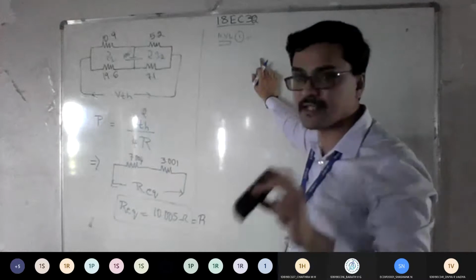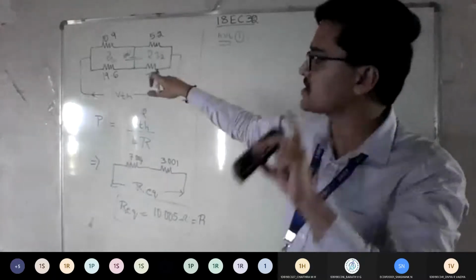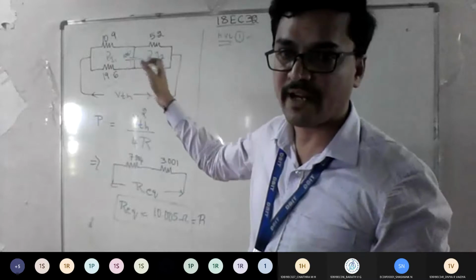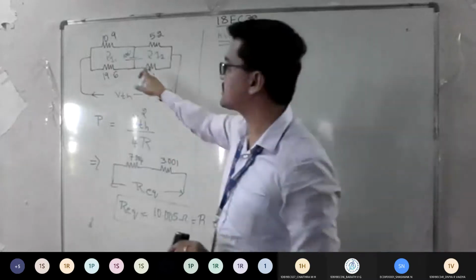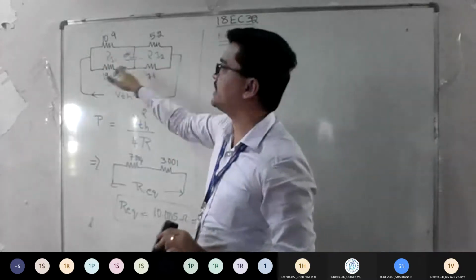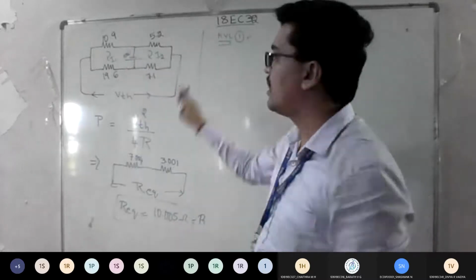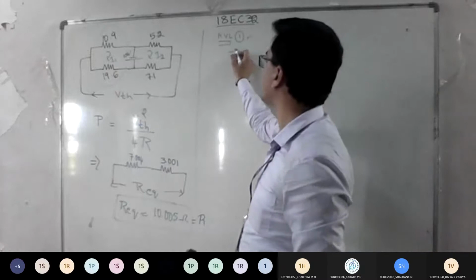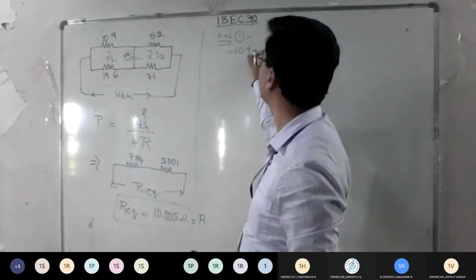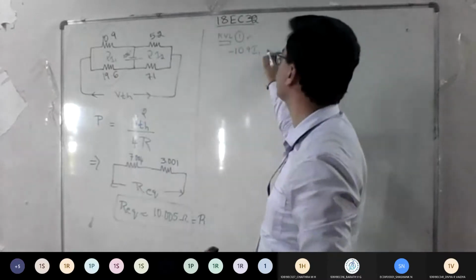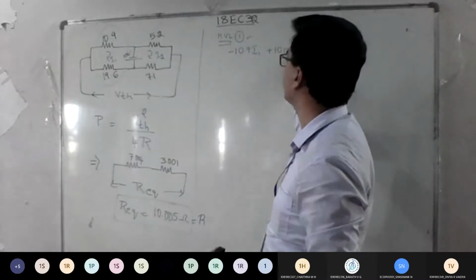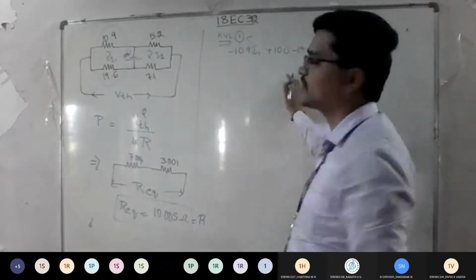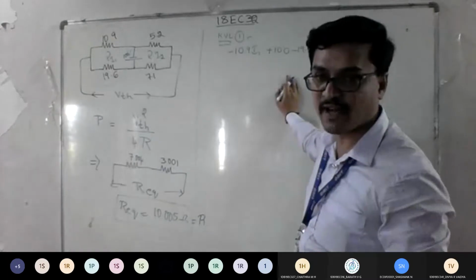So apply mesh analysis now. You can look at the first mesh. You can get the individual current directly, because there is only I1, I2. There are no in-between resistors or any RLC element, right? So straight away you can get mesh 1 current with I1 and mesh 2 with I2. Okay now, just check out. So minus 10.9 I1, minus 2, plus 100, again minus 19.6 I1 equal to 0. So from this straight away we can get the answer of I1.